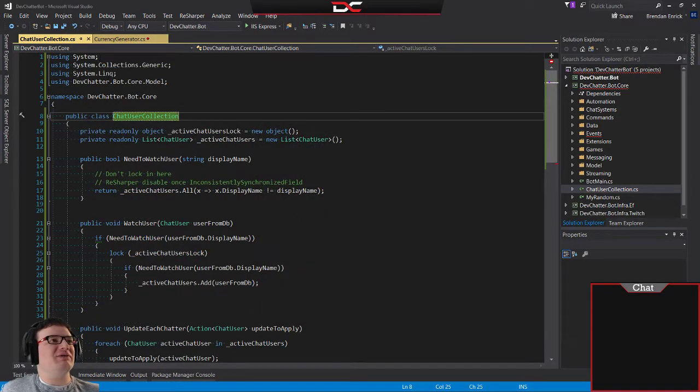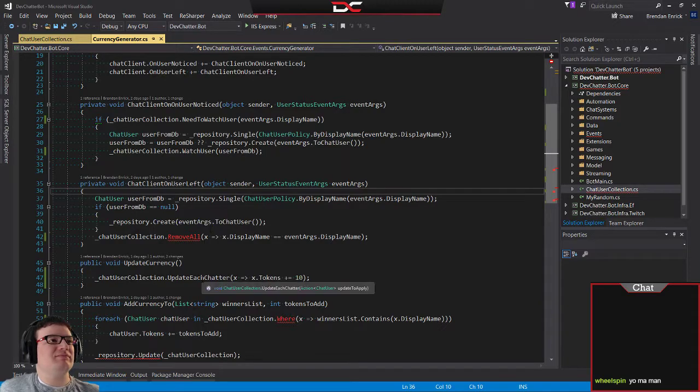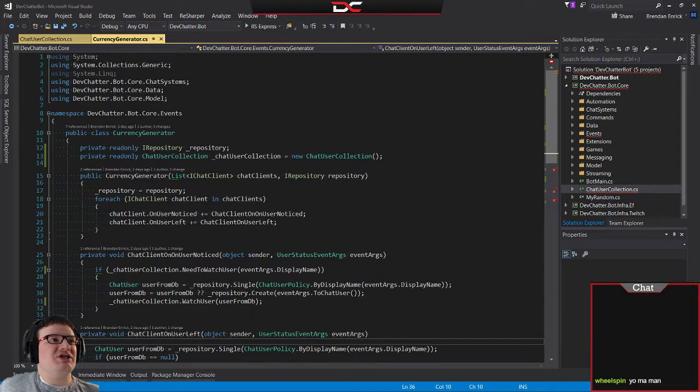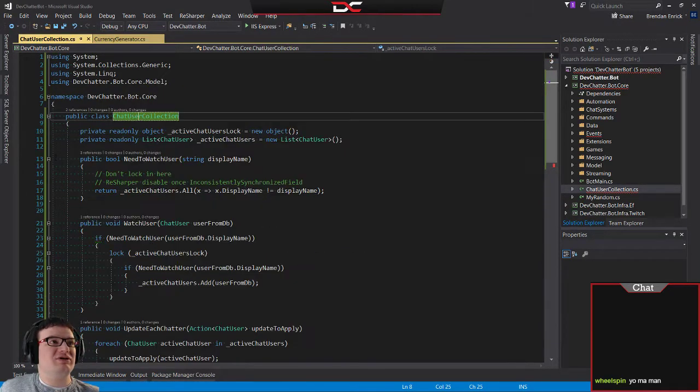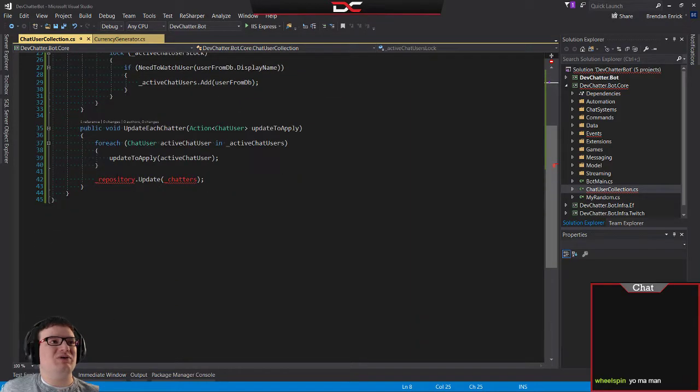And fine, we can rename that. And maybe currency generator disappears and becomes that, because I feel like the repository really should live in here also. Because I want it to be able to do the update in here, because I feel like it should update them and then do that. But I guess if they're already wired up,